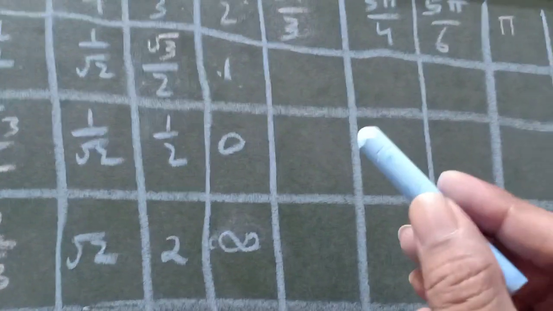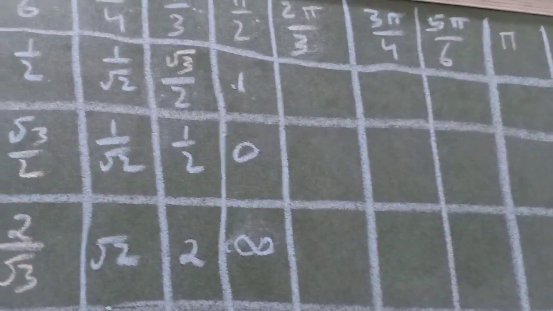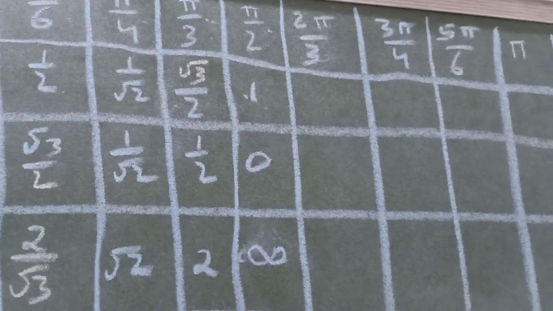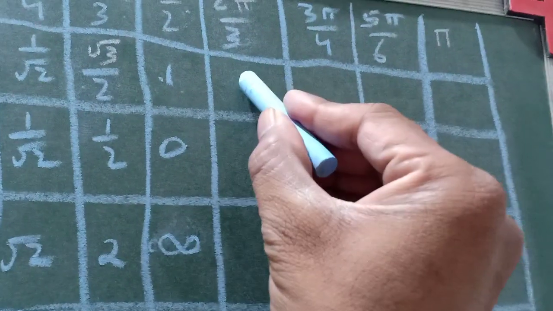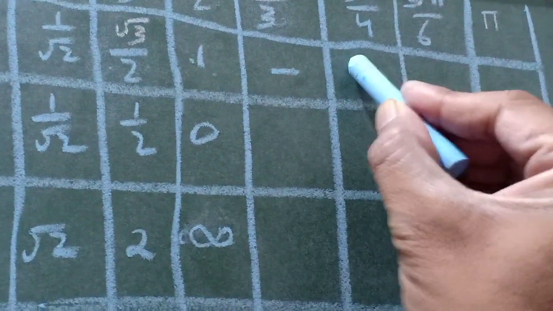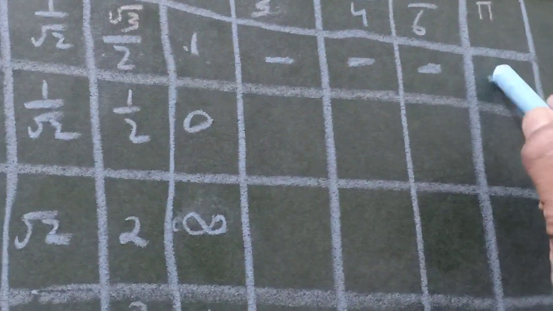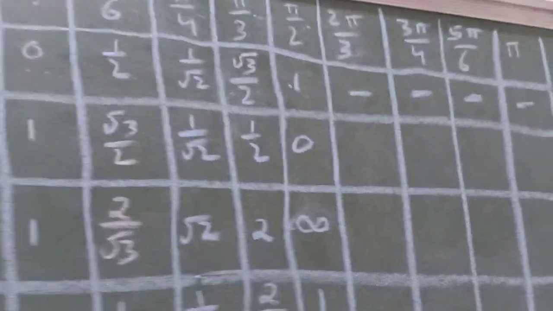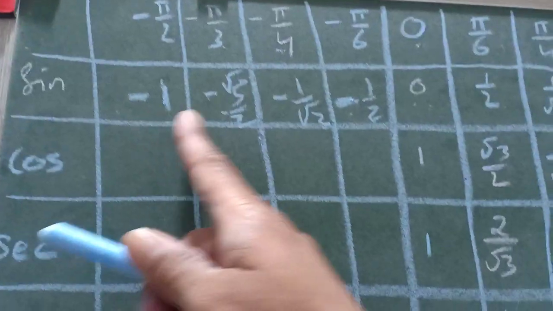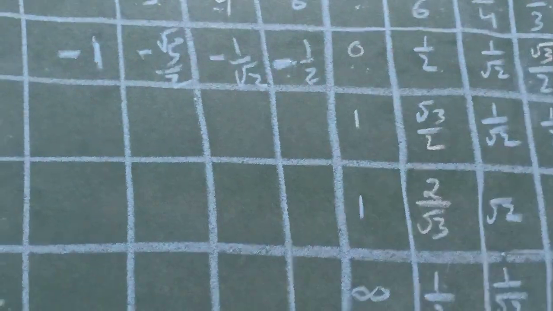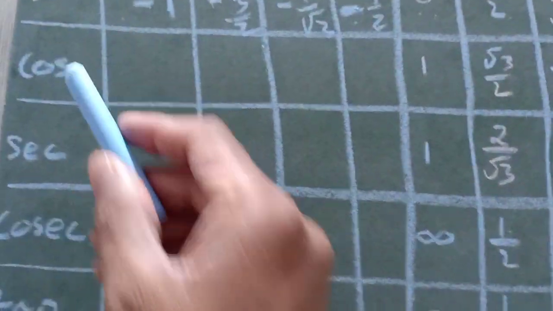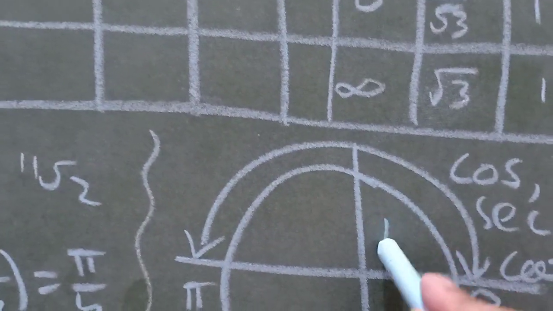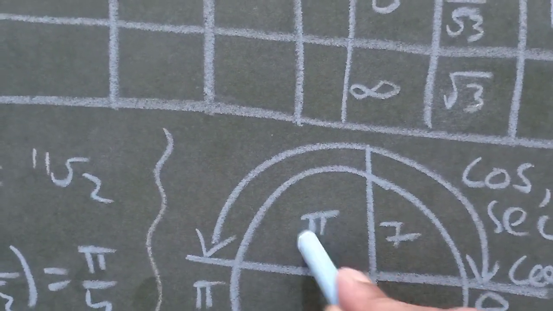Now if a value is in second quadrant, then we have to bring it into first or fourth quadrant, because only for a 1-1 and onto function does its inverse exist. Here in second quadrant we don't have the values, so we bring them to first or fourth quadrant, then we can find them with the help of those values. Now cos function is 1-1 and onto in first and second quadrant, between 0 to pi.